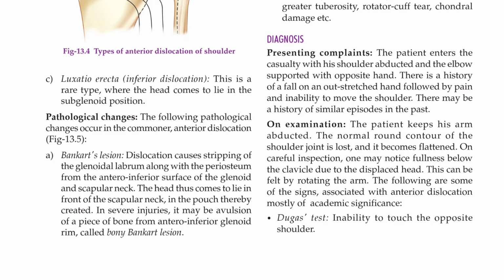So what is the pathological change here? The following pathological changes occur in anterior dislocation. Number 1, Bankart lesion. Dislocation causes stripping of the glenoid labrum along with periosteum,